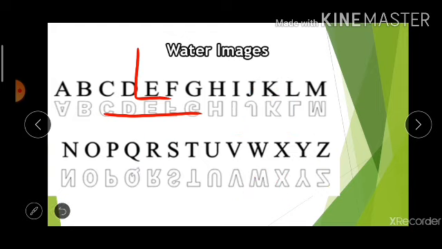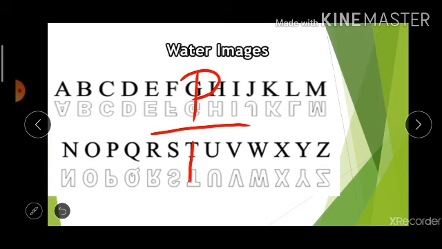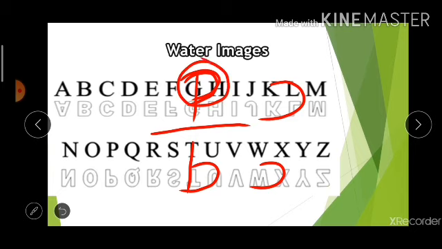Now let us take one more example for a letter. Let's say we have to make the water image of the letter P. Again in P we have a vertical line which will remain the same in the water image. Now P has this curve, like an inverted C, at the top. In the water image it will be at the bottom. The orientation will not change, it will remain the same. This was the shape in the original image, this is the shape in the water image for the curve. So that will not change, only the position. In the original image it was at the top, in the water image it is at the bottom.